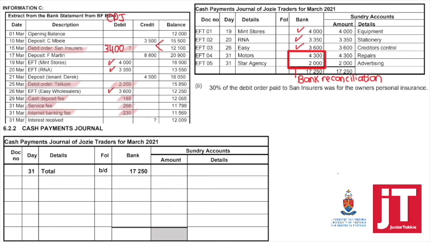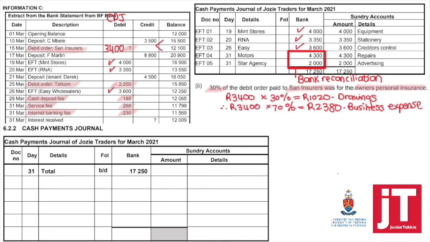Always look at the additional information. It says 30% of the debit order paid to SAN Insurers was for the owner's personal insurance. The business entity principle, GAAP principle, says that the owner's personal finances must be kept separate from the business. This means that 30% of 3,400 will go towards drawings, and 70% of the total will go as a business operating expense. So in our CPJ,